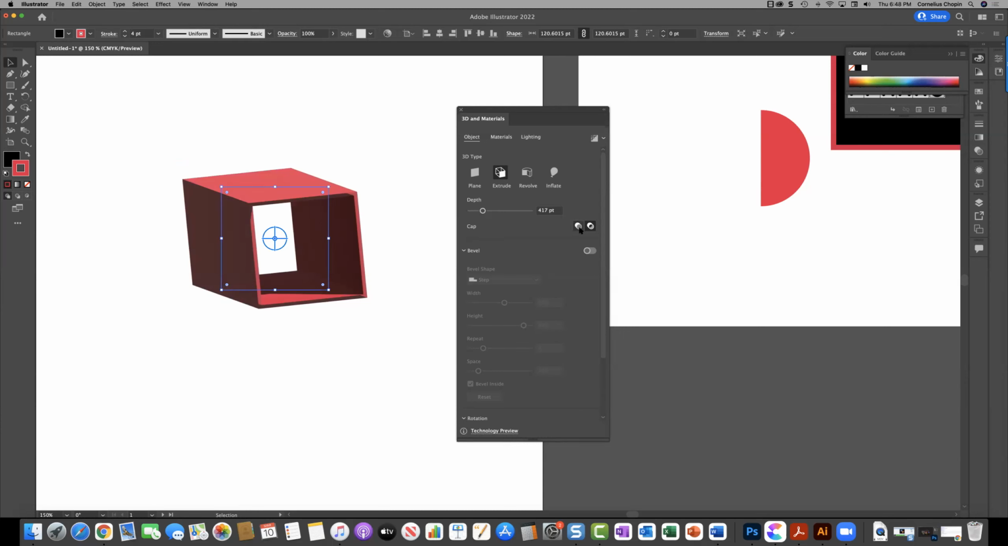So let me turn the cap back on. You can turn on a bevel. Now if you click on a bevel, you get these classical bevel types. And what I want to do is go through a couple of these because some of these are really cool. I don't know if you guys can see it, but